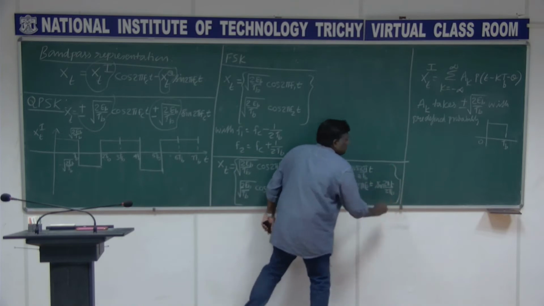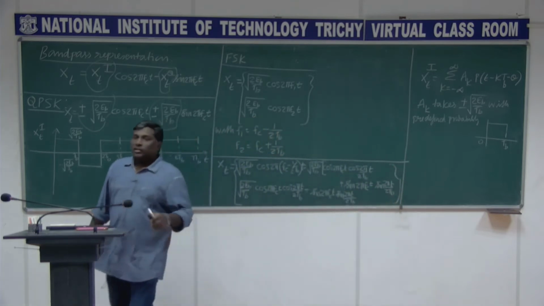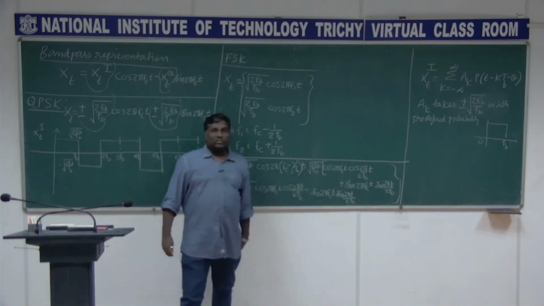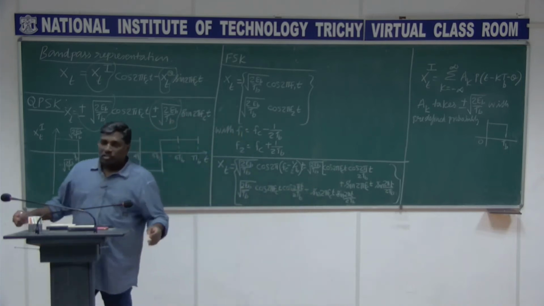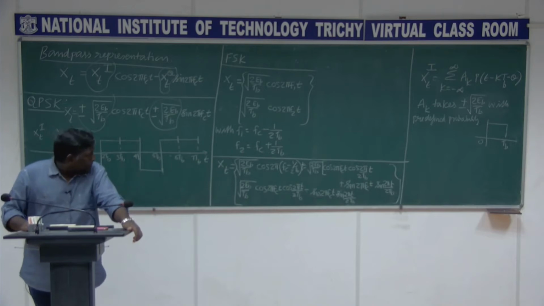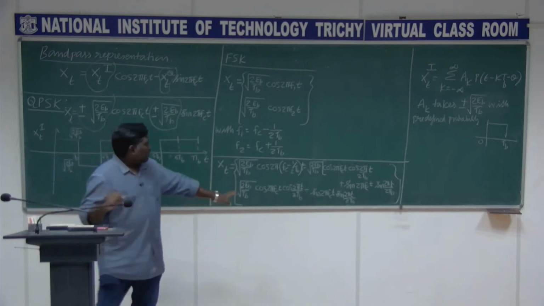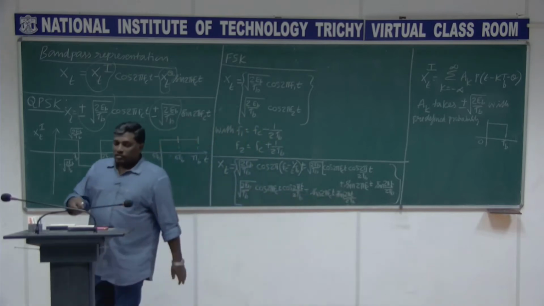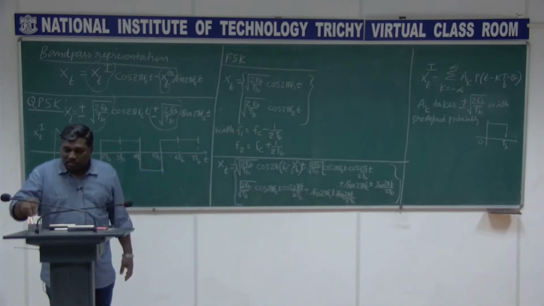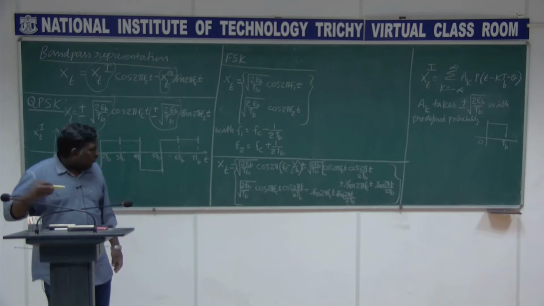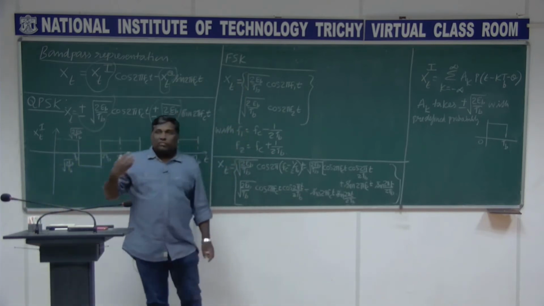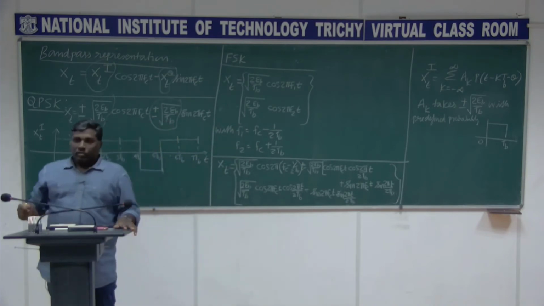Correct me if I am doing some mistake, right? I hope this is right, isn't it? Cos A minus B is what? Cos A cos B plus sin A sin B, right? So I have written it right, and this is minus here, right? What is more important here is you have to locate. See, I am writing in this parenthesis to indicate that we have two choices for it, right?